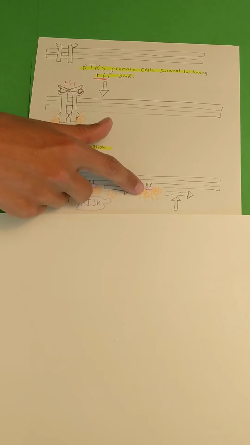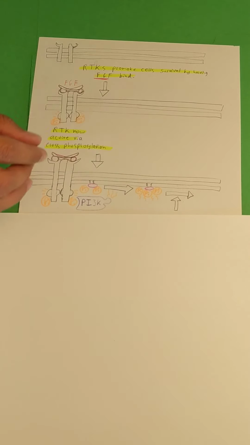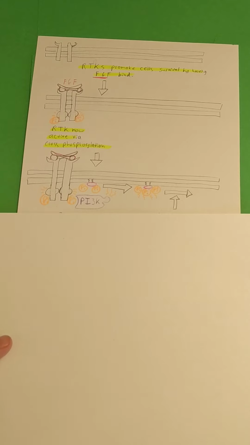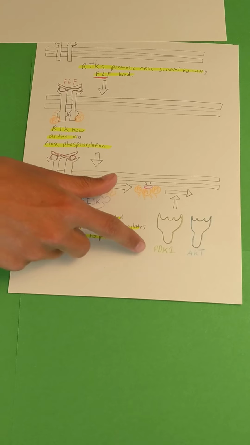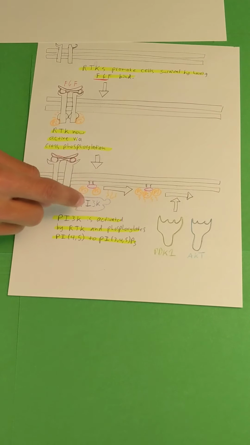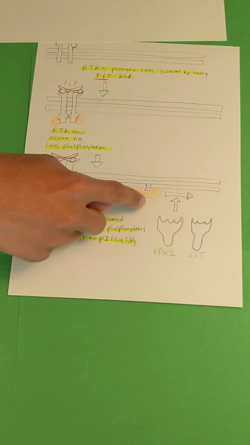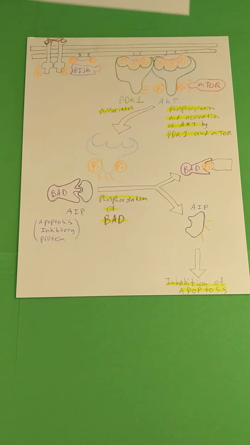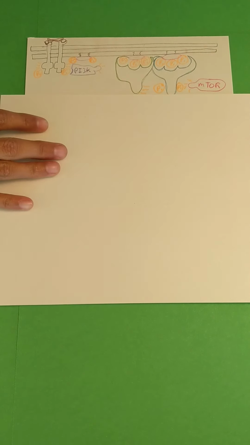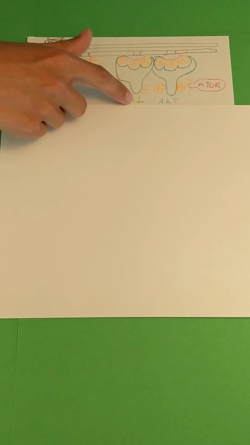We're going to be coming back to this guy later because he is going to be important in the mutation with PTEN. But for now, we're going to go on with the pathway, and we notice that we're going to have PDK1 and AKT, which are going to bind to these phosphorylated phospholipid heads, or the PIP3. So if we go over, we're going to notice that when they do bind, we're going to have the PDK1